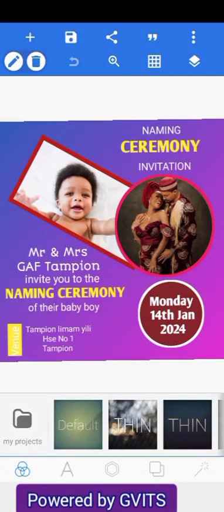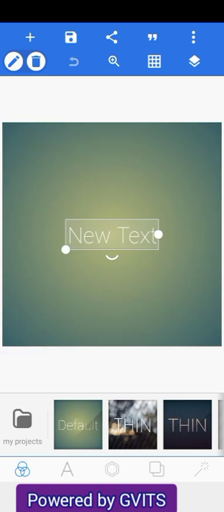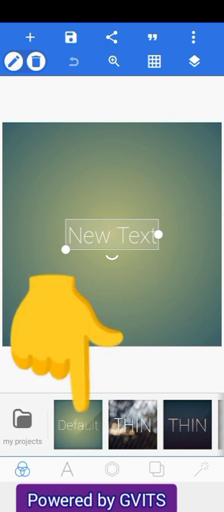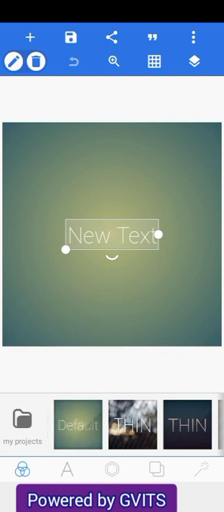We are looking at how to design another type of naming ceremony invitation. This time we are using the default size of pixel. So if your screen is not normal, just press on the default button to refresh your page. Delete the new text,